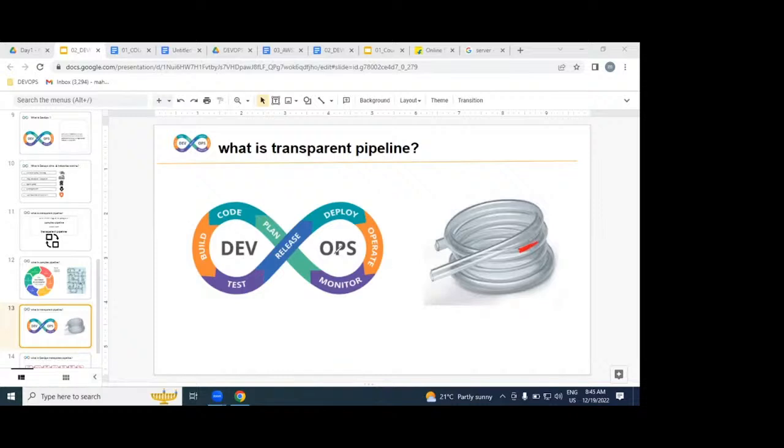Because DevOps is an automated process. DevOps is a transparent process. In the middle, if you get any issue, any problem,